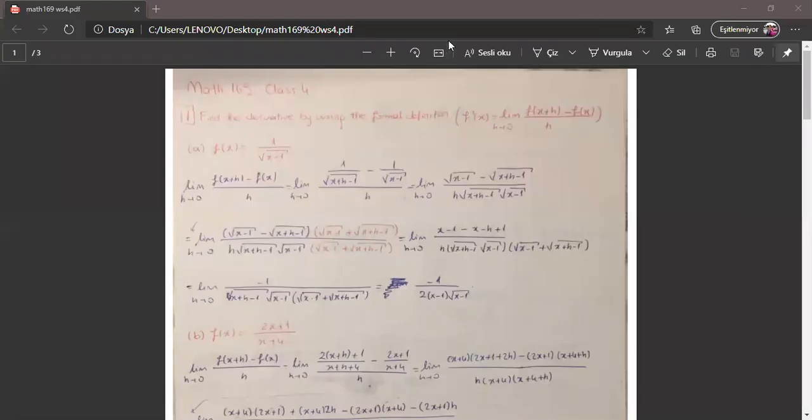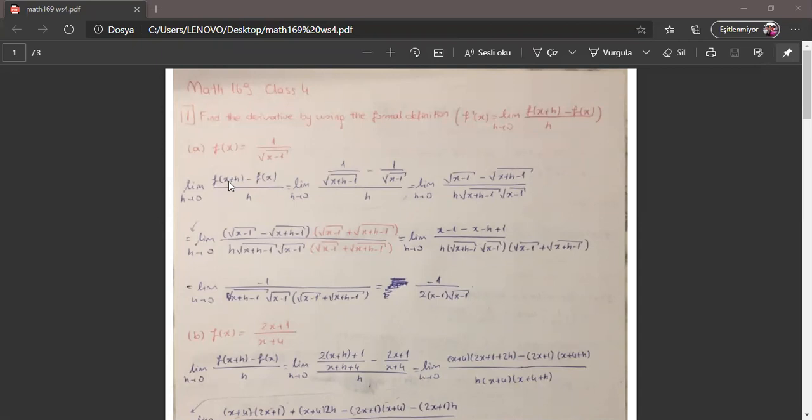Hi everyone, we will solve the problems about derivative. So here we have the first question, which is about the formal definition of the derivative. So we will use this definition to find the derivative of the given functions. So for the first part, we had this function, so we just apply this limit, we just compute this limit,